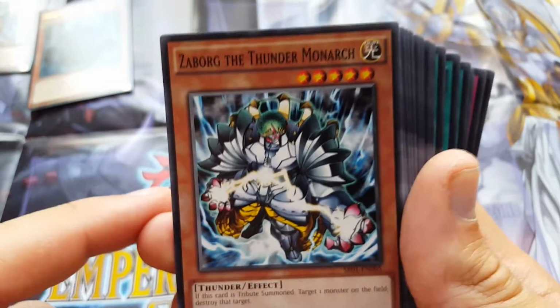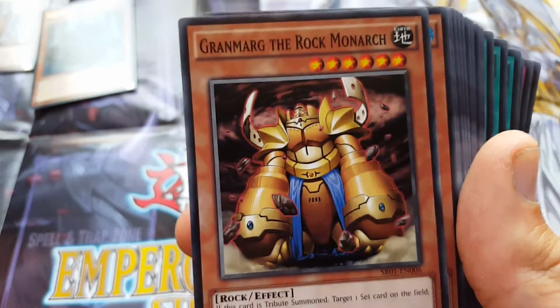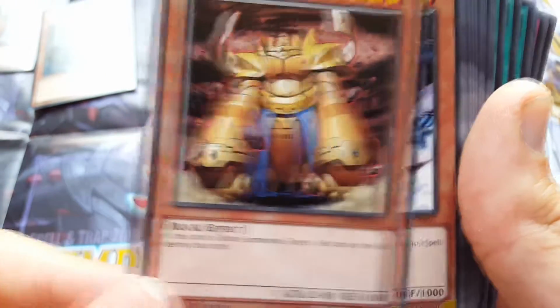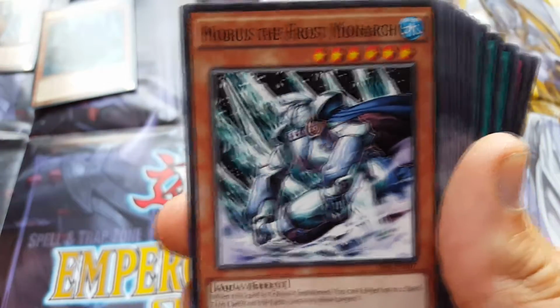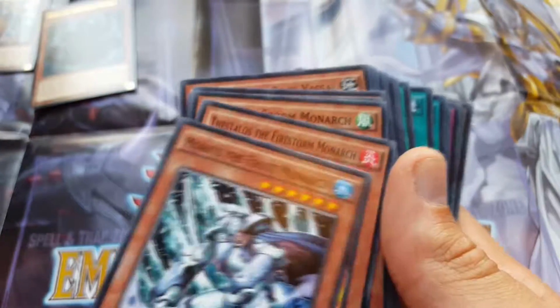Zarborg, the Thunder Monarch. If this card is tribute summoned, target one monster on the field and destroy it. Grandmarg, the Rock Monarch. If this card is tribute summoned, target one set card on the field and then destroy it. Mobius, the Frost Monarch. When this card is tribute summoned, you can target up to 2 spell or trap cards on the fields and